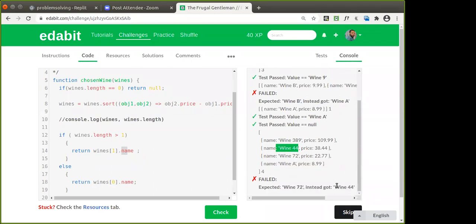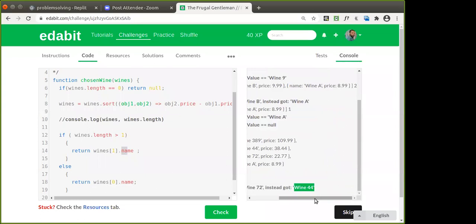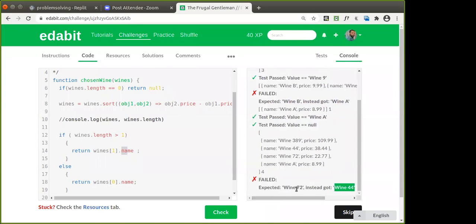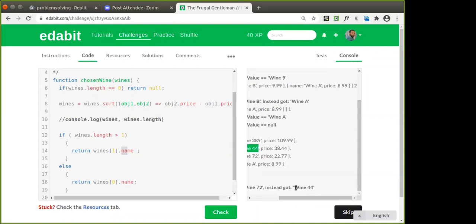We have given wine 44 actually. There is no wine 72 here. Only wine 44 is the correct answer as per our results, isn't it? So how can you expect wine 72? It's wrong. This is the third one, isn't it? So wine 44 is the correct answer here. That is what we have written in this case.